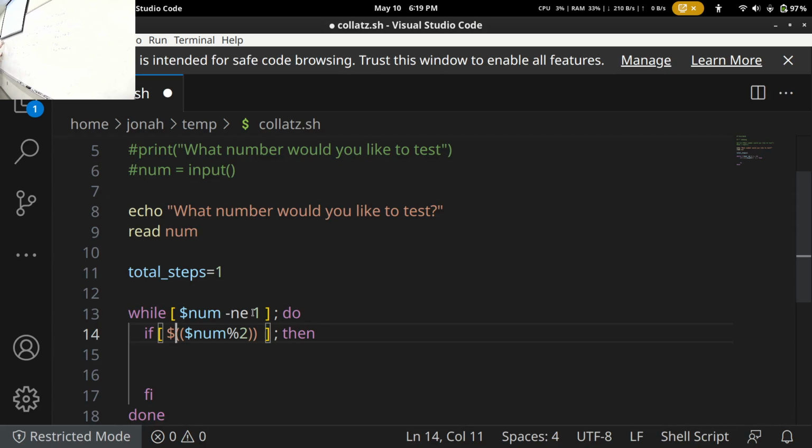So if I say, let's say, echo, this statement is a lot like the Python statement print.